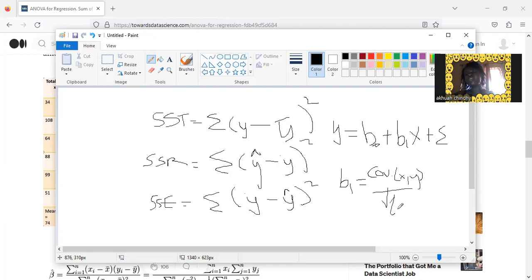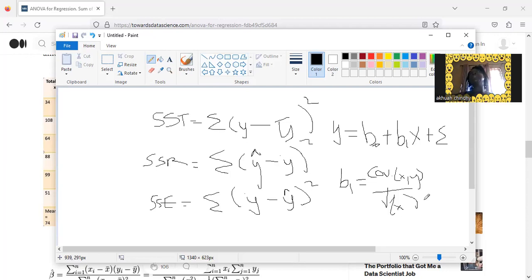So what do you mean by covariance? In the normal way, when we are finding the coefficient of X in the normal linear model that we know, the A is equal to what? Change in Y over change in X, right? So this upper part is like covariance. Now it's not depending only on X, but I'm trying to find the variability between X and Y. You get it? So here it is not only the Y that you're looking for, but it's kind of like a regression model. So I find the variability between X and Y divided by only the variability in X